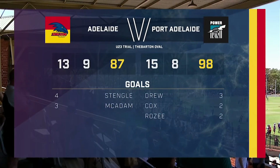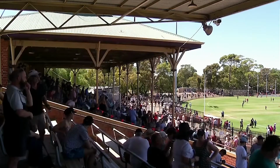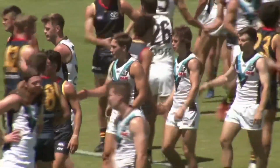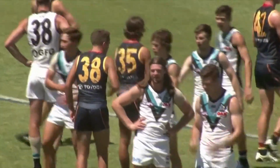So some really great signs from a lot of young players. And I think what we did see today, guys, is how much of an impact some of the new rules are actually going to play as well this season. With the kick out and centre bounce rule, it's just going to open the game up a lot more, and